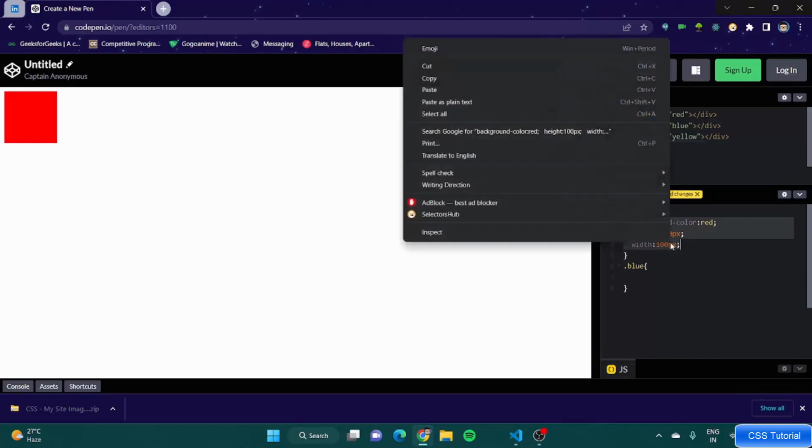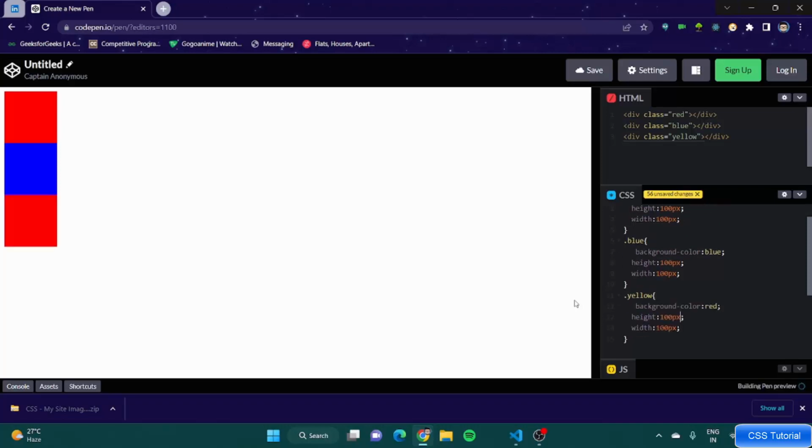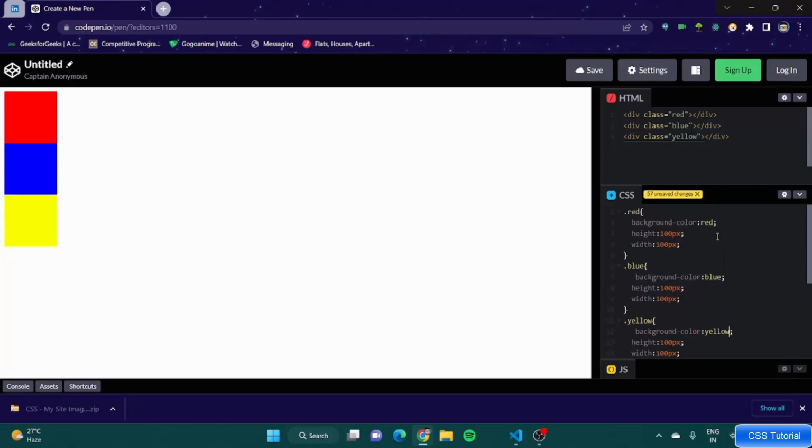Let's just copy this thing and paste it. Change the color to blue. Okay, and let's paste it again. Change the color to yellow. Okay, cool. Now suppose I change the position, sorry,